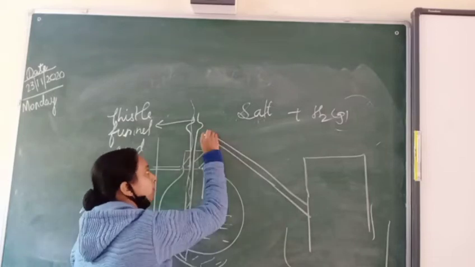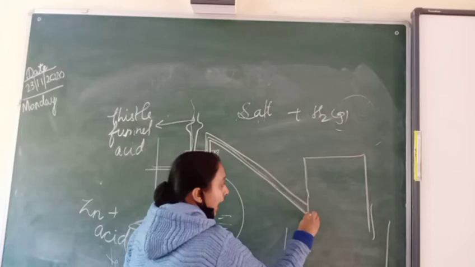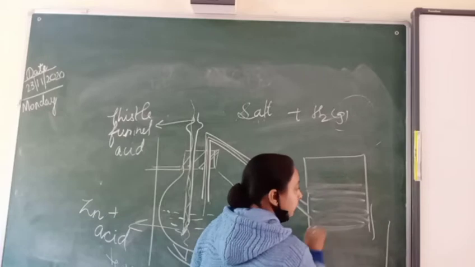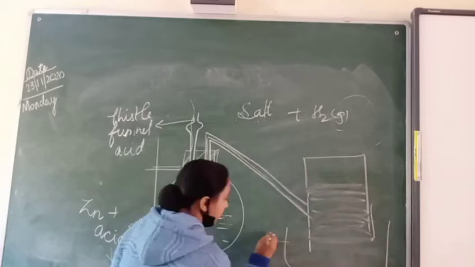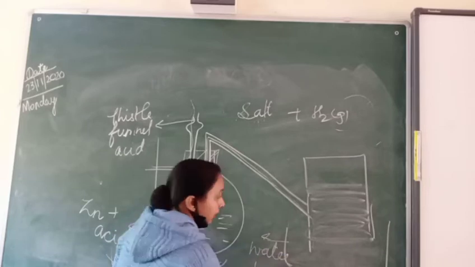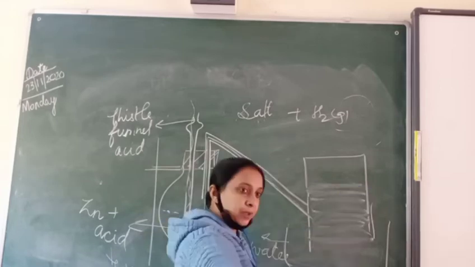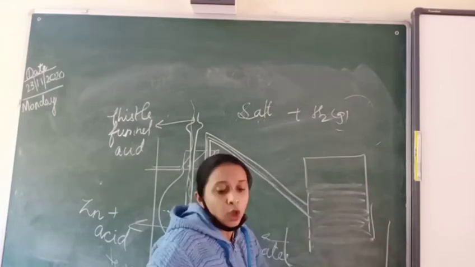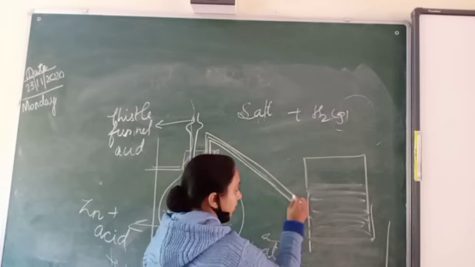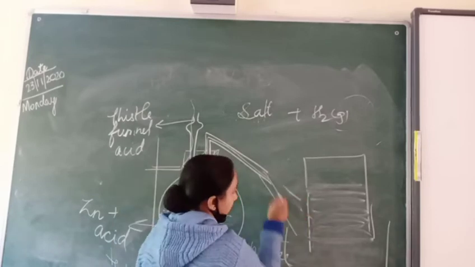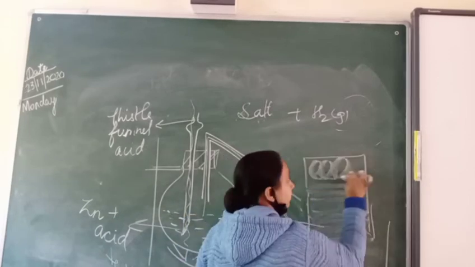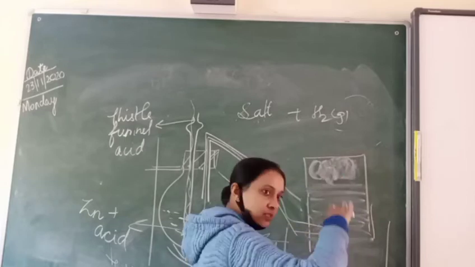Now there is what? Water filled here. This is an inverted jar and this is your water trough. In this we have an inverted jar. Now when we dip the jar, water will fill in it. Yes or no? So what will happen here is when hydrogen gas starts getting collected in this trough, okay, it will pressurize the water to move down. Are you getting? As the gas collects, it will pressurize the water to move down.